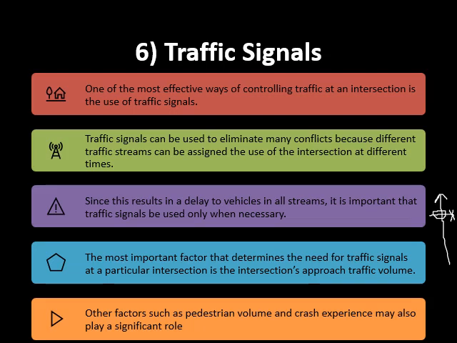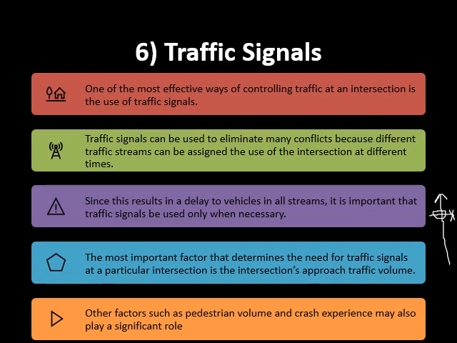to the vehicles. Because you may have a gap on the other side, but since your signal is red, you cannot go. So if the signal remains red for 40 seconds for you, you are having 40 seconds of delay, which is more than what you would have on other intersections. On other intersections, you will see the gap and you will move. You don't have to wait for a specific time. So signals are used because of high delay conditions. Signals are used when they are absolutely needed.